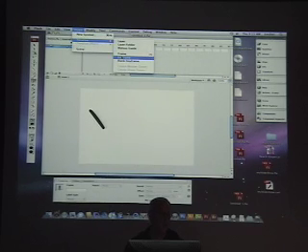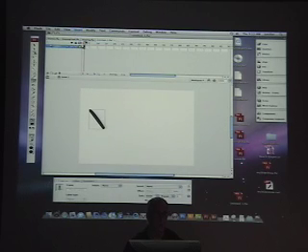Now watch what happens. Before, I inserted a blank keyframe, didn't I? And when I toggle back and forth, it looks like nothing changes, doesn't it? When you insert a keyframe as opposed to a blank keyframe, what it does is it goes back on the timeline